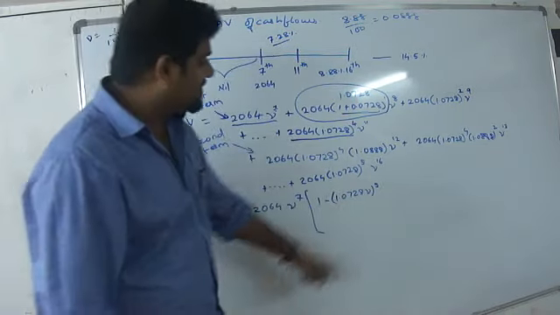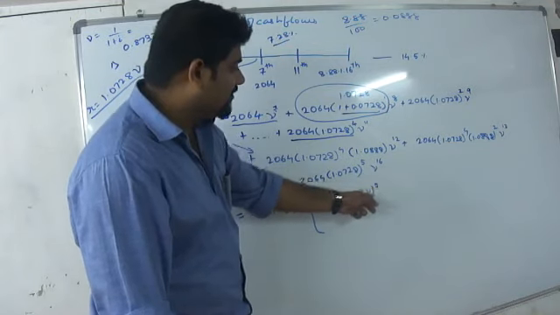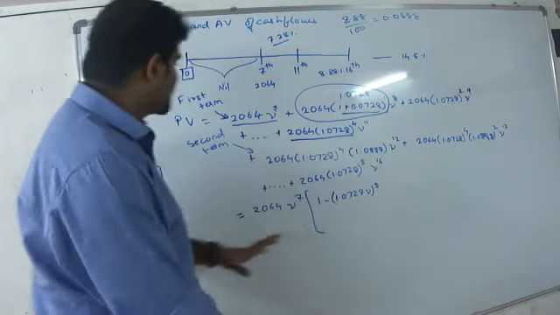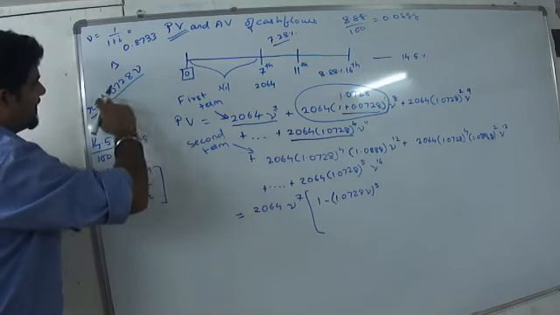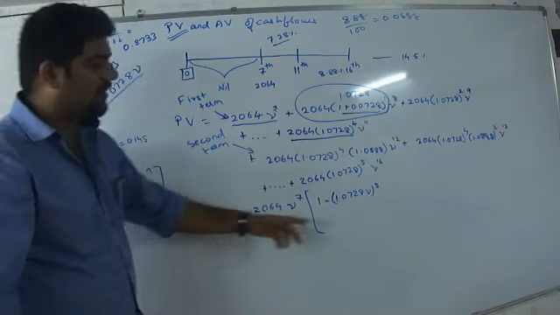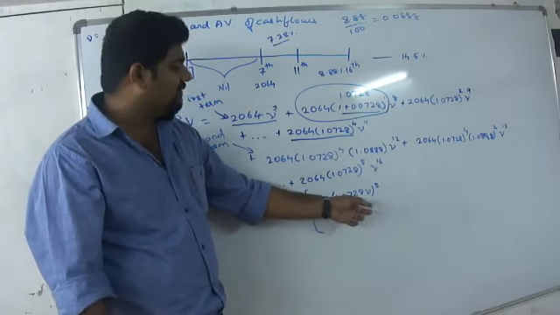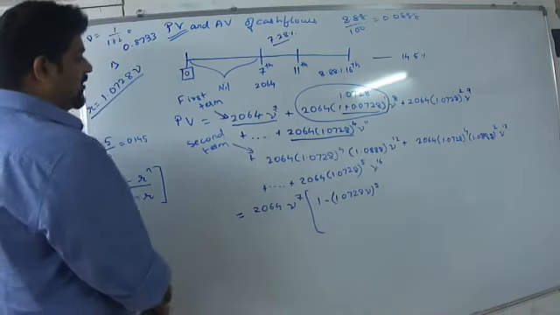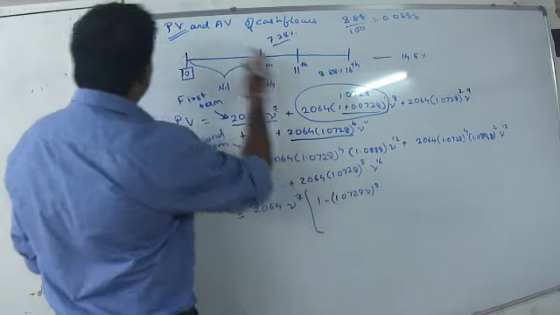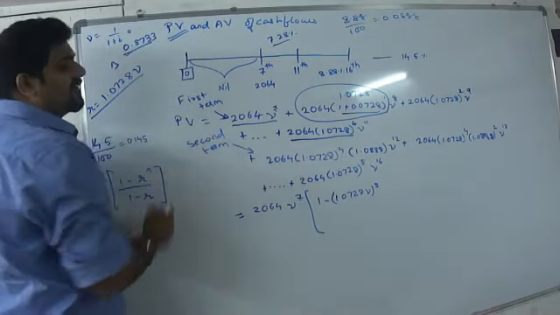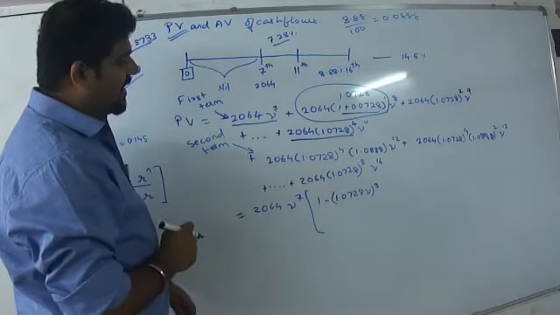Some students make the mistake, they just write 5. So they increase nu with the power and forget to increase this. Your entire R is being raised to the power 5. R includes both these terms. So make sure when you are using your calculator, you will use both these terms. In your calculators, you can directly multiply 1.0728 into 0.8733 to get what is your R.